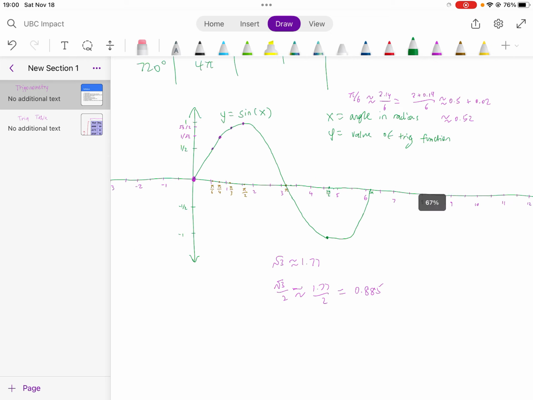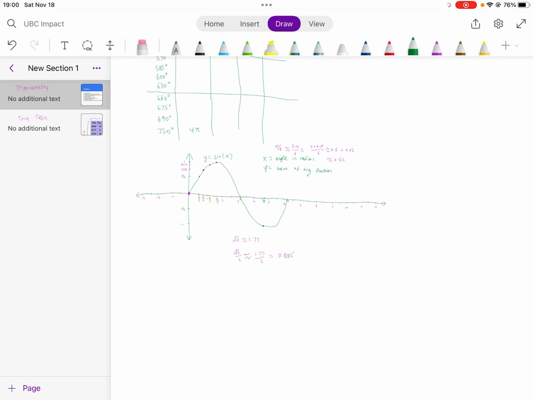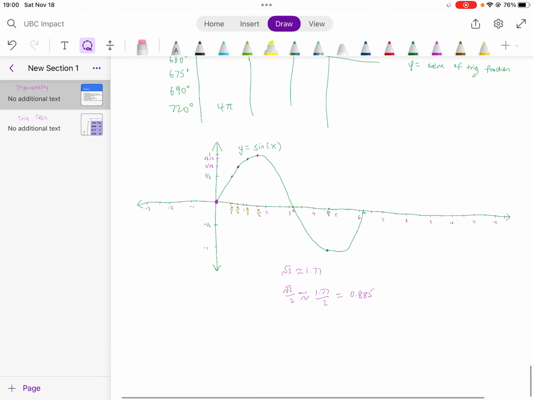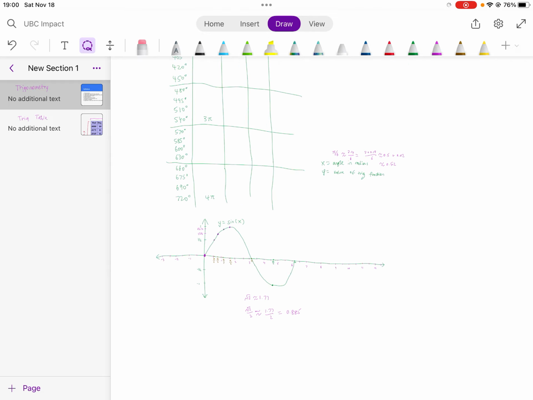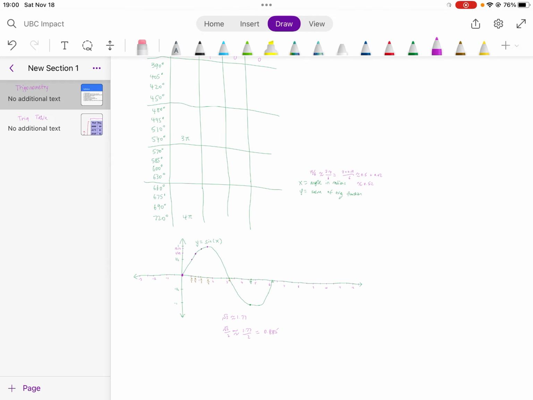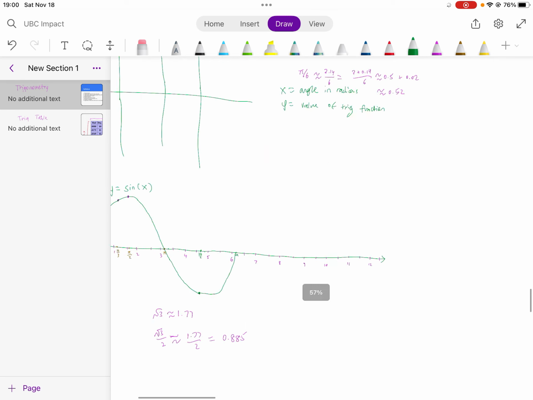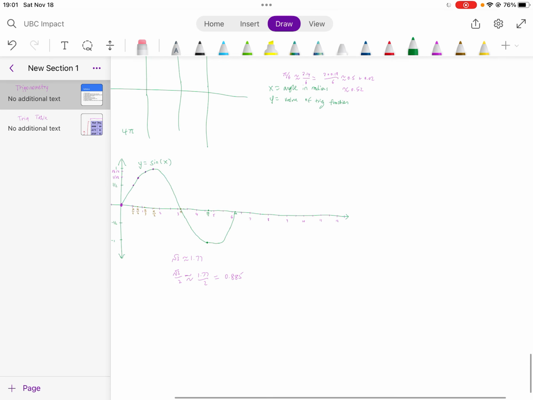And then it goes back up here. And it turns out that it has a cycle, which means that after this, the rest of the thing just repeats. Because remember that if it's greater than 360 degrees or 2 pi, then the sine is just equal to that minus 360 degrees. And if it's less than 0 degrees, it's just plus. So you can see that after every 360 degrees, it just repeats itself. So after that, it goes up, and then comes back down, and then goes down,